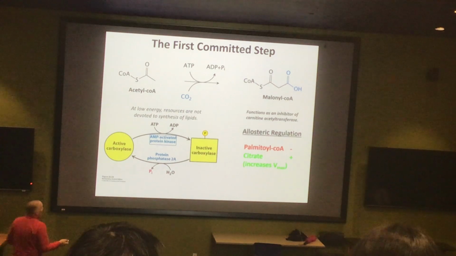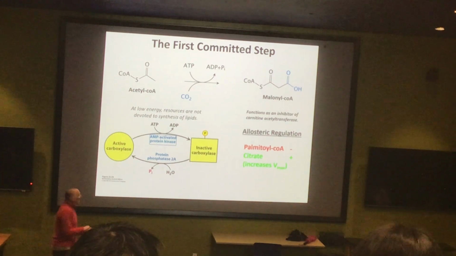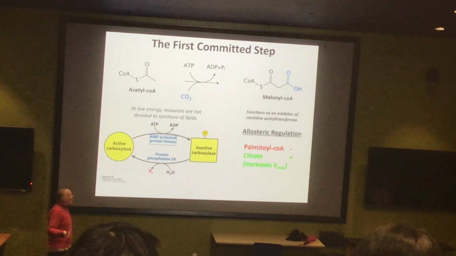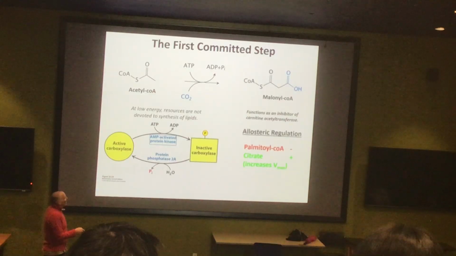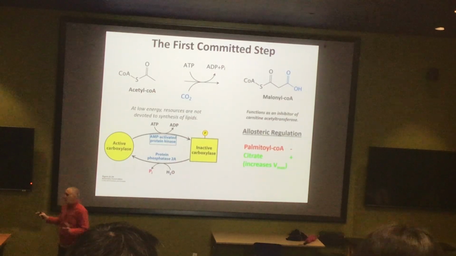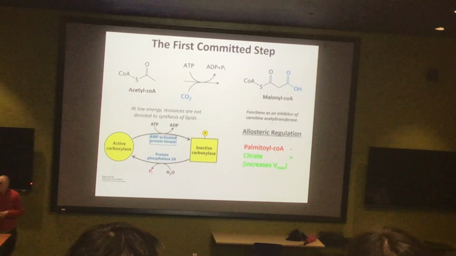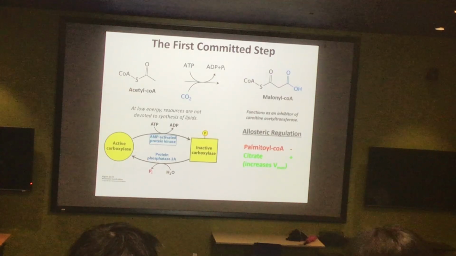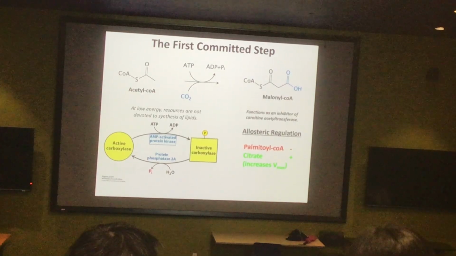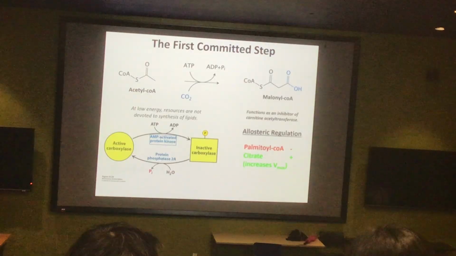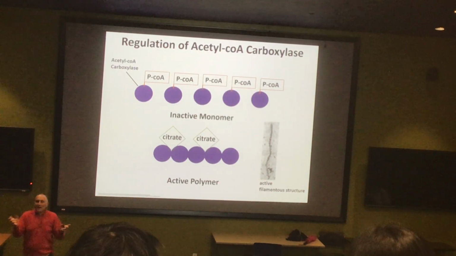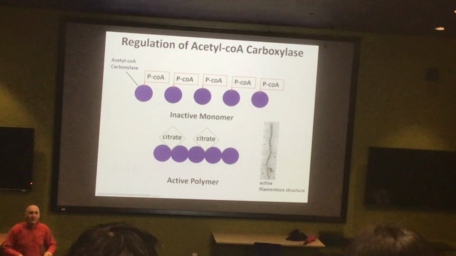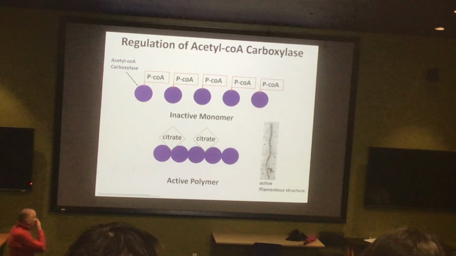There's also an allosteric regulatory mechanism, and here again, they're kind of the regulators that you might imagine. If you have lots of citrate, this is being sped up. If you have lots of palmitoyl-CoA, a long-chain fatty acid, it's being slowed down. But I want to show you the mechanism, because this is a kind of regulation we haven't seen before. These are allosteric regulators, but they're not working by just increasing Km or Vmax in the logical way like every enzyme you've seen.